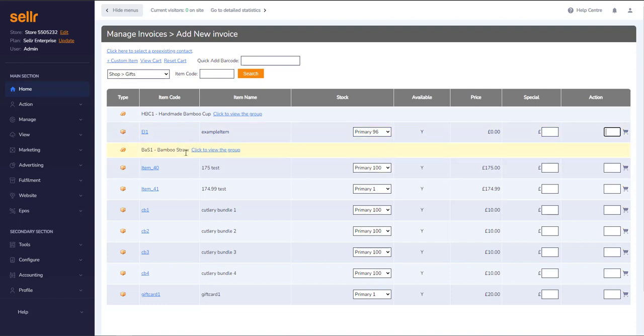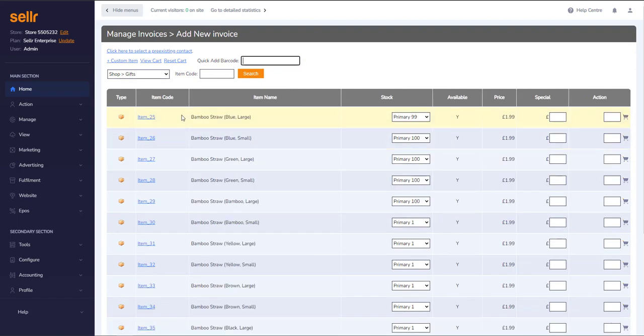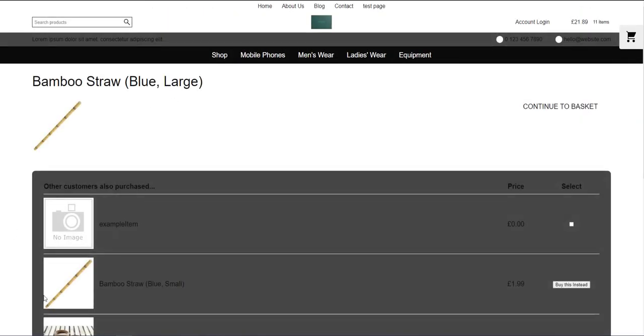So I'm just going to expand this group out here, and let's just say I've received an order from a customer who would like a large blue bamboo straw, and in fact they would like 10 of them. So let's just add 10 of those into the action section here, in line with the bamboo straw, large blue, and then I'm going to press the basket icon here, which will add it to the basket. Don't worry about this, it's just cross-sell and upsell stuff, unrelated at the moment. If we go to continue to basket,